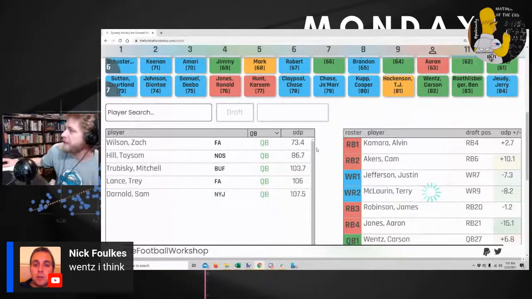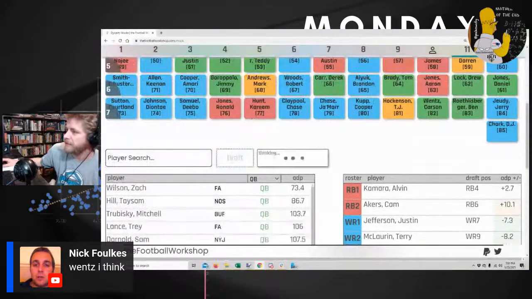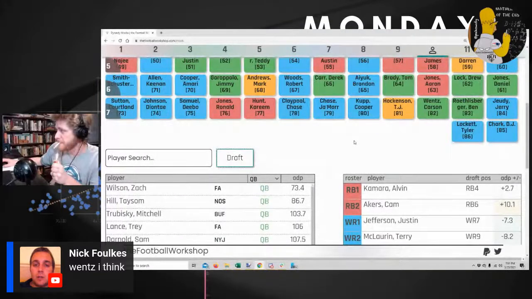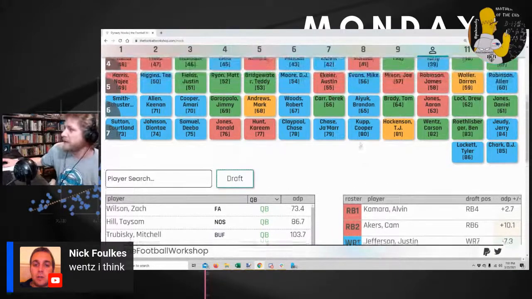Jerry Jeudy went late 7th. See, I kind of love all these wide receivers in this range, but very few of them have the higher upside up above. That's kind of why I like Allen and JuJu Smith-Schuster and Amari Cooper. All these guys are top 24 guys, I think. So you're kind of paying for what you'll probably get. And that includes Sutton, who I like a lot. And Jerry Jeudy, I think he's a top 24 guy too. Tyler Lockett's just kind of insane value. Why is Tyler Lockett insane value every year?